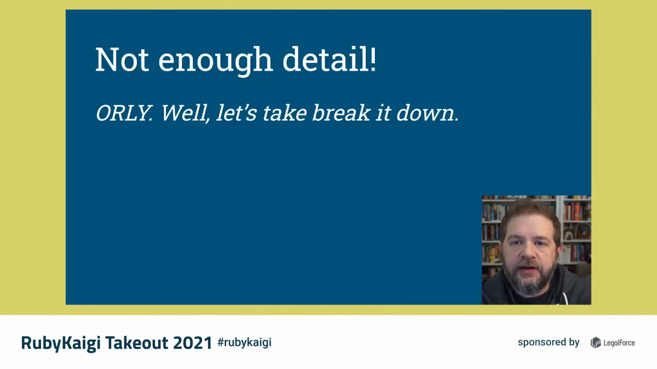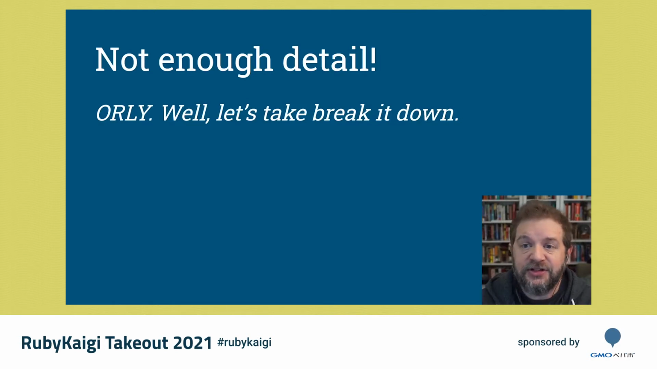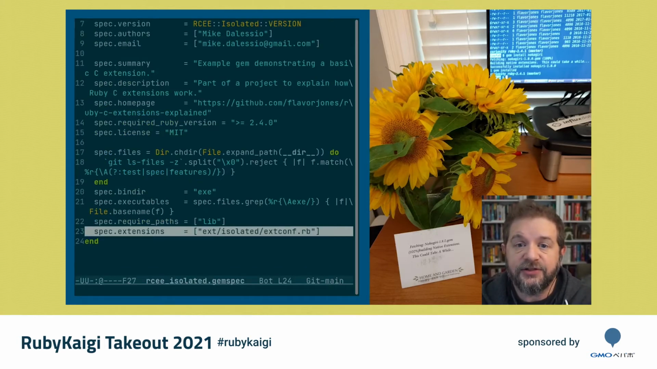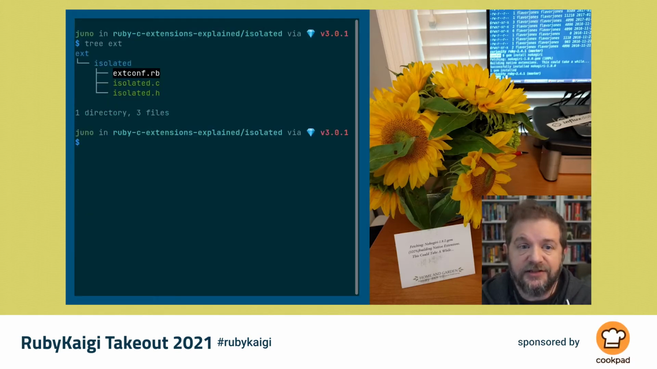Now, there's quite a bit happening to make even a simple gem like Isolated install smoothly. Let's walk through what happens during gem install, step by step, from the source code all the way to the shared library. Here, I've got the isolated source code checked out locally. The gem spec tells us where in the project we can find the extension directory. That extension directory contains all of the C code as well as the extension configuration file, which is always named